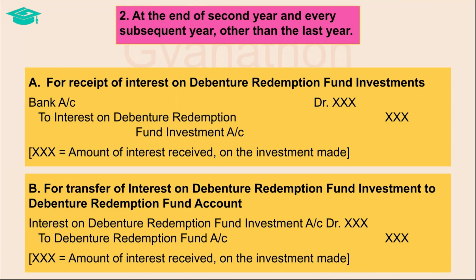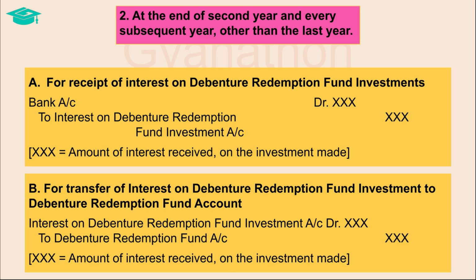We saw the journal entries that need to be passed for the first year when the company starts to keep aside funds as per the sinking fund table so as to arrange necessary funds for the redemption of debentures. From the second year onwards, for every subsequent year other than the last year, that is up to the second last year,